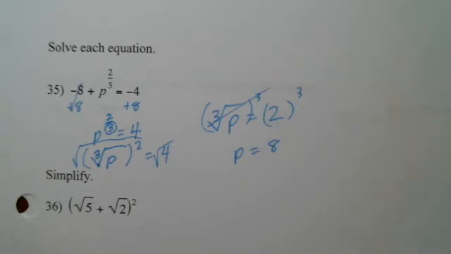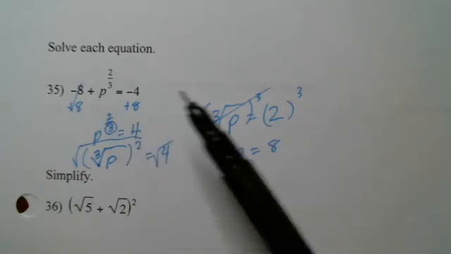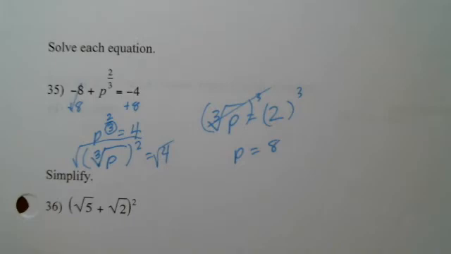I could always check it by plugging it back into the problem. Can somebody confirm with the answer key that's the correct answer, 8? It says 8, negative 8. Does it really? Yeah, I guess it says solve for each equation, but